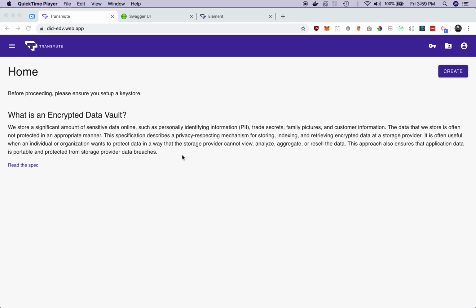At Transmute, we're particularly interested in using encrypted data vaults to store trade secrets or information regarding transportation of raw materials in logistics networks. So first thing to note is you can check out this demo by going to